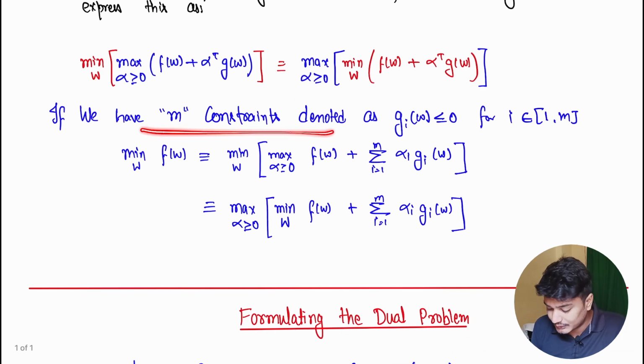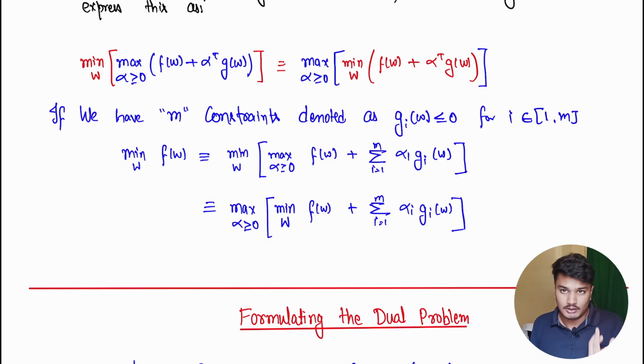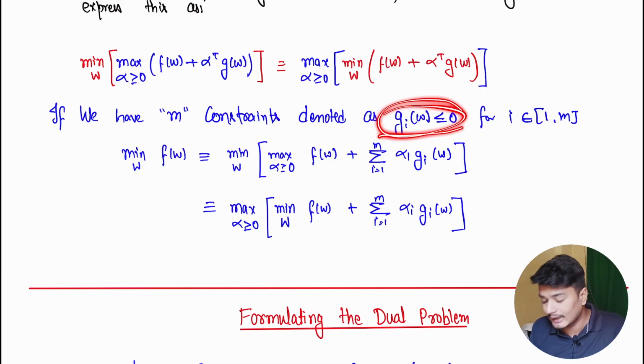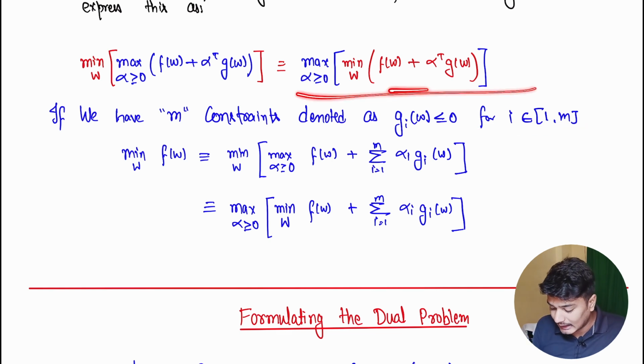Let's say this is one problem. When we have two functions, let's say we have multiple constraints. In this case, we had one constraint, right? g of w less than or equal to 0. If we have multiple constraints, if we have m constraints denoted as g_i of w less than or equal to 0 for all i belonging to 1 to m, then we can write this as